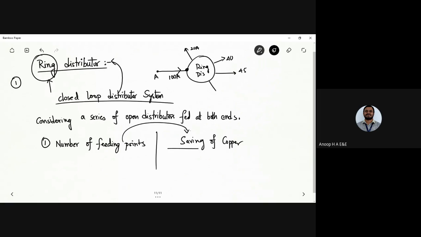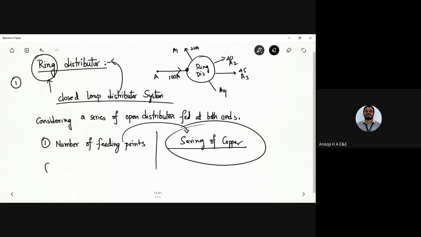That is nothing but the copper conductors used to supply power to area 1, area 2, area 3 and area 4 if present. In a ring distributor system, you have a reduction in the copper, or the conductors that you are using. One simple case is having only one feeding point. What I showed you here, one feeding point, and you can take any tappings from only one feeding point, and the calculations we are going to perform are equivalent to a straight distributor fed at both ends with equal voltage.